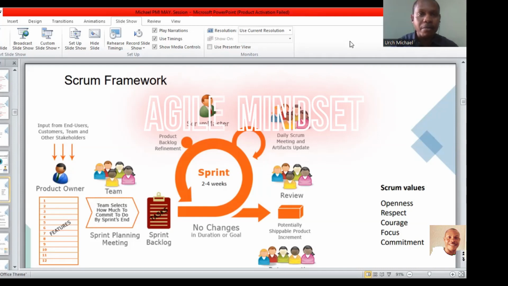Just a review of what we discussed in the last class. We did mention that there are 3 basic roles in Scrum. If you have not forgotten, we have the development team, the Scrum Master, and the product owner, and I said the product owner is just like the business analyst. I also mentioned that the development team are the ones carrying out the activities of the project.